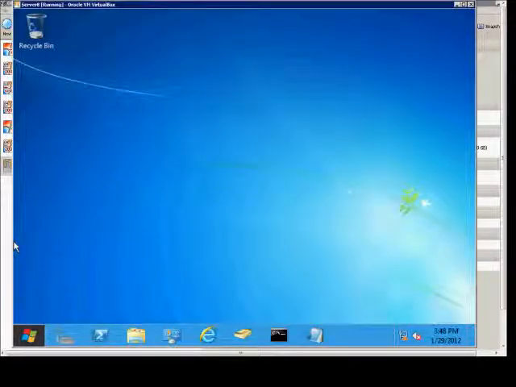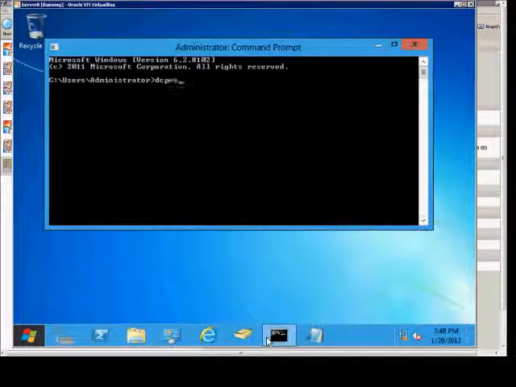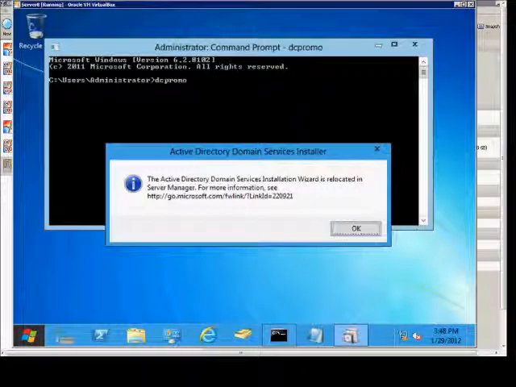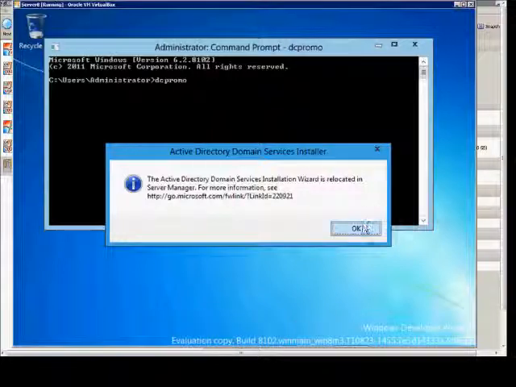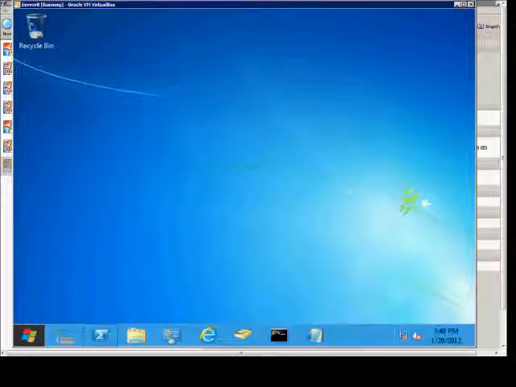We are in Windows Server 8, and I'm going to show you how to promote a server to be a domain controller. In previous versions, you would just go to a command prompt and type DC promo, but that no longer works in Server 8. So we'll go ahead and do it a little differently. We will click on Server Manager,